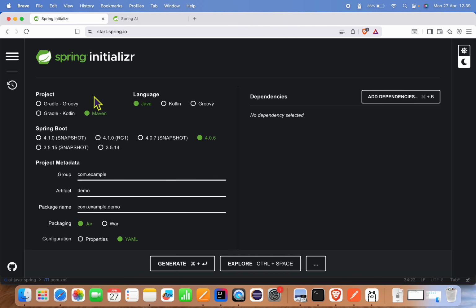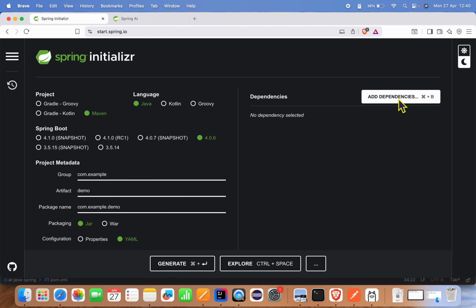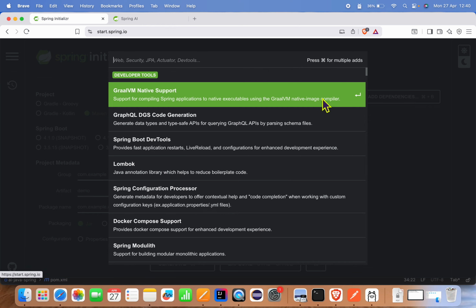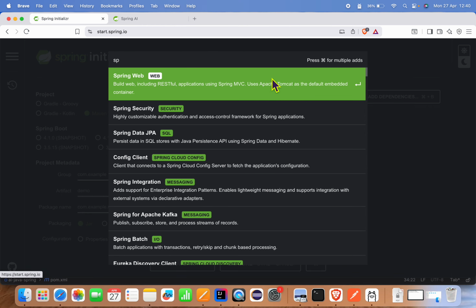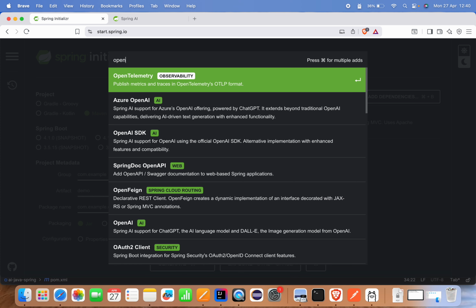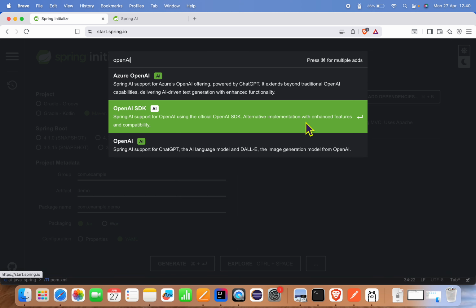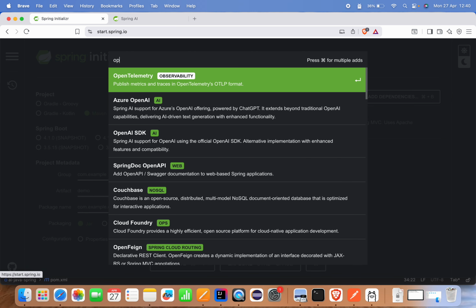If you go to Spring Initializer, select the language, project model, and the Spring Boot version. Here we can provide project metadata details, configuration, and what dependencies we need to add for basic configuration, Spring Web. Here we can add OpenAI. For this video, I am using the Ollama,